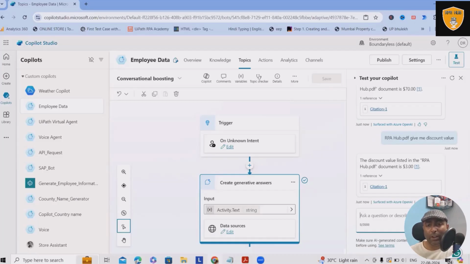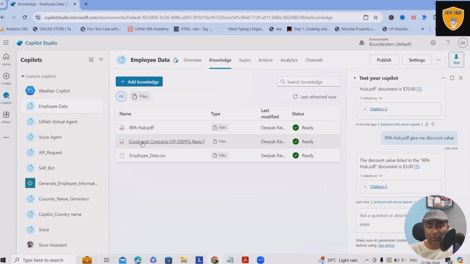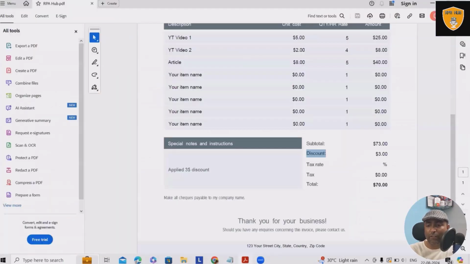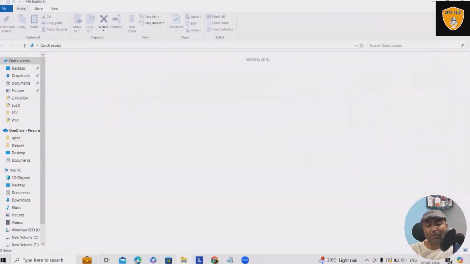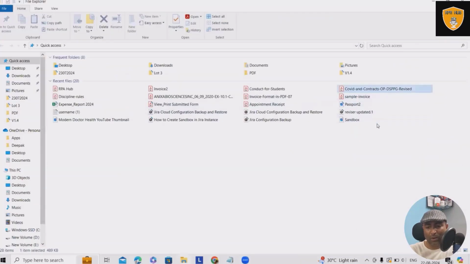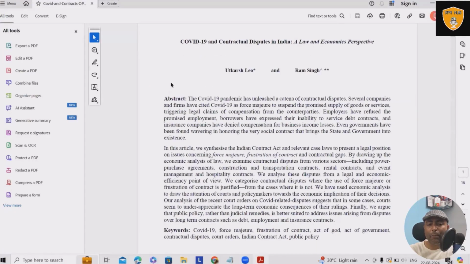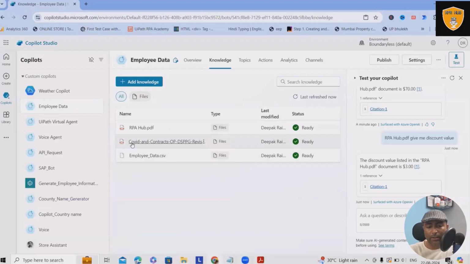What if we are looking for other information? Now here, if you can see in the knowledge base, the second document is also available. So I will close this document and open the next document. So this is my second document, and here I wanted to get information about this. First, I have to get the document name, revise.pdf,